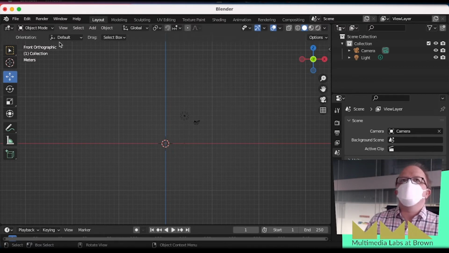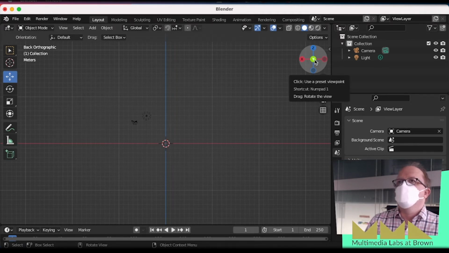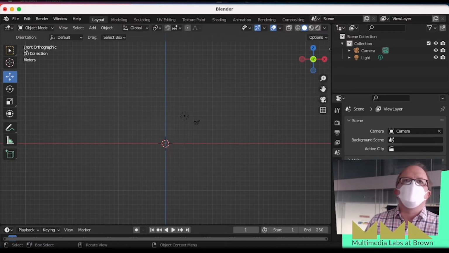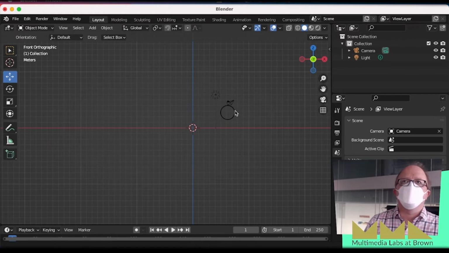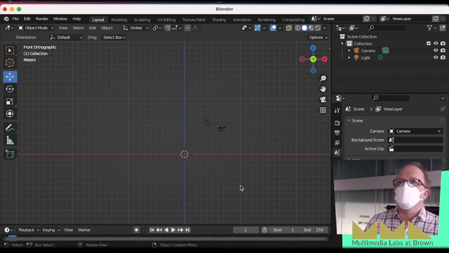Let's go into front view. So the front view is when the Y, if you click on this, you might get Y, but there's also negative Y. Negative Y is front view. You can see here it says front orthographic over here. I'll talk to you about orthographic in a second, but this will be just front facing on. So if you go into that view,